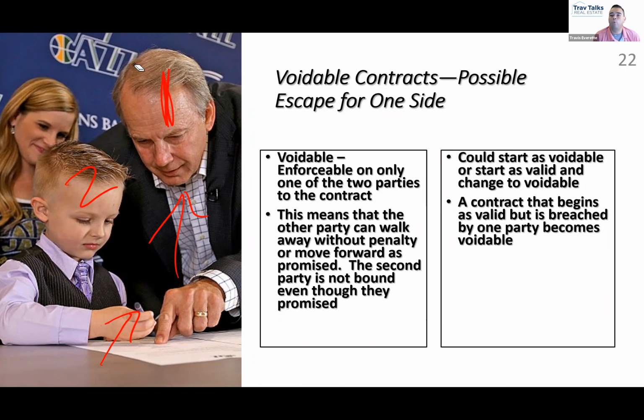Elizabeth can say, we no longer have a valid contract. Right, because you didn't perform. She's declaring that our contract is what? Voidable. Elizabeth doesn't want to declare the contract is void. She still wants Aaron to be bound to her promises. What she wants is for her, Elizabeth, the buyer, to no longer be bound.